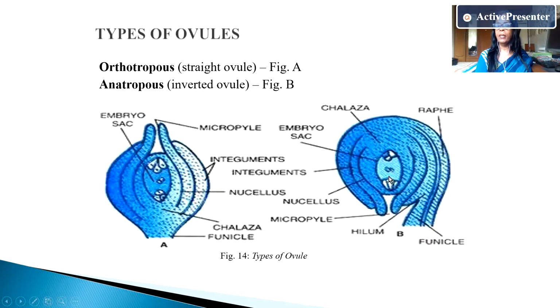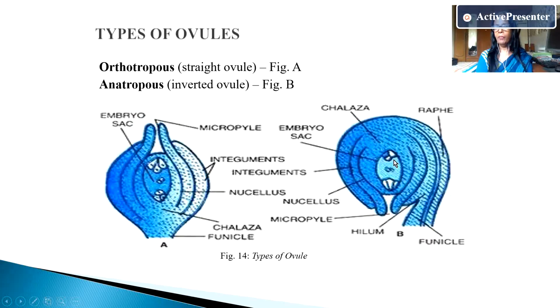3 nuclei here, 3 nuclei here, 2 nuclei here. So total 3 plus 3 plus 2, that is 8 nucleated. And here 3 cells, here 3 cells, here 2 nuclei are united. So here 1 cell. So this is 7 cell and 8 nucleated structure. That is the peculiarity of this embryo sac or female gametophyte. It is surrounded by nucellus. The nucellus produces this female gametophyte. So this nucellus is diploid, but in the female gametophyte, except the secondary nucleus, all cells are haploid.